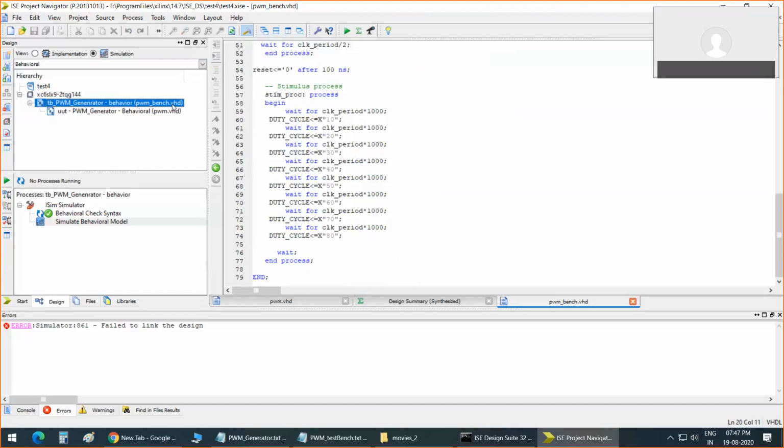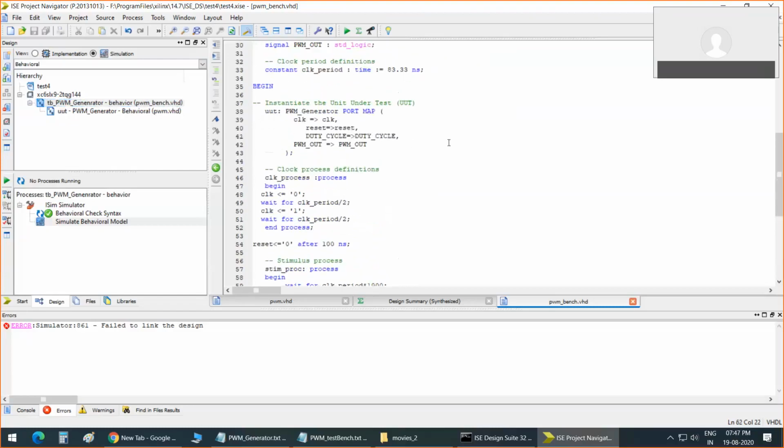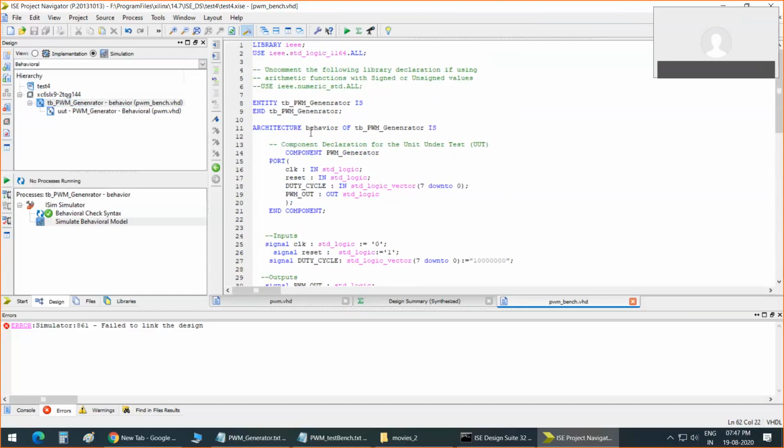Just go up in this VHDL code of the TB. Actually, I haven't changed anything. I have just pasted whatever code you have given me. Okay. So now just click on simulate behavioral model. Click on the console button.